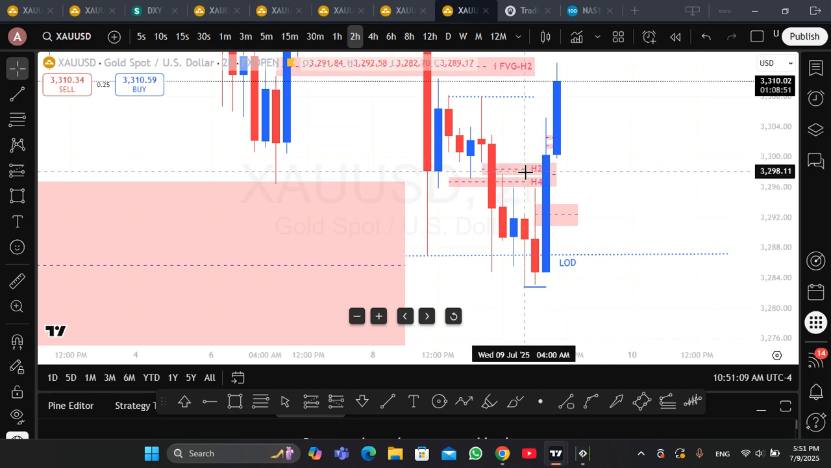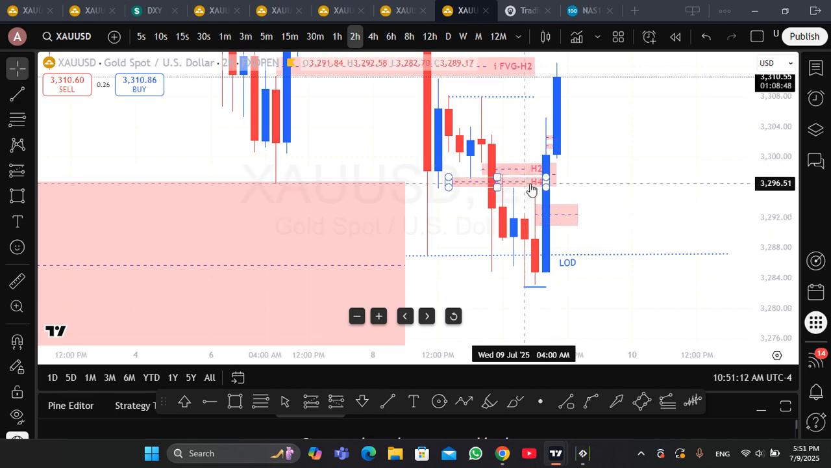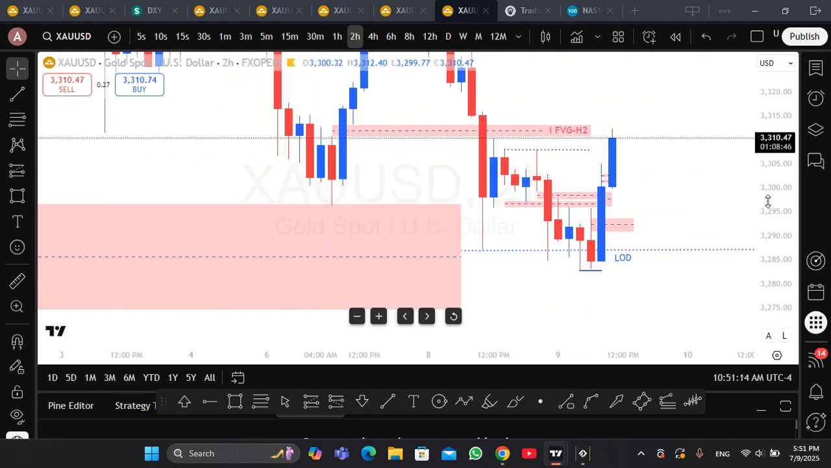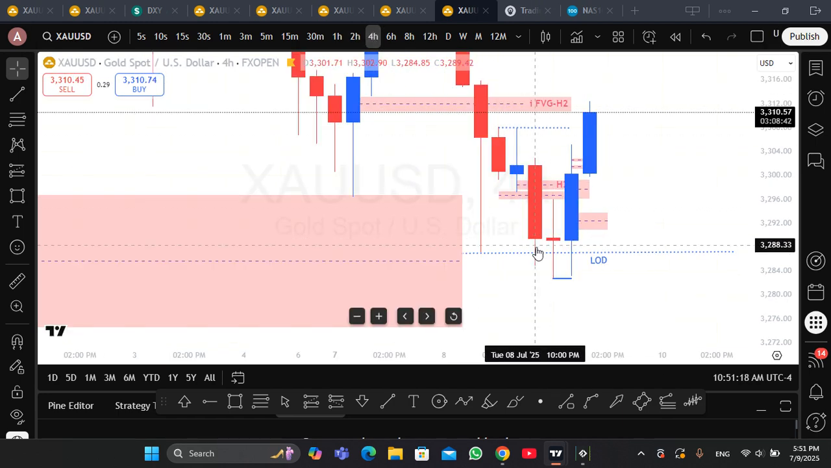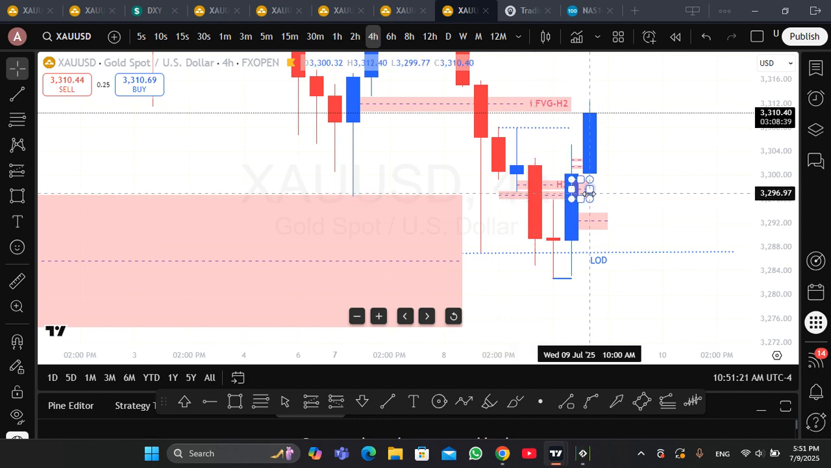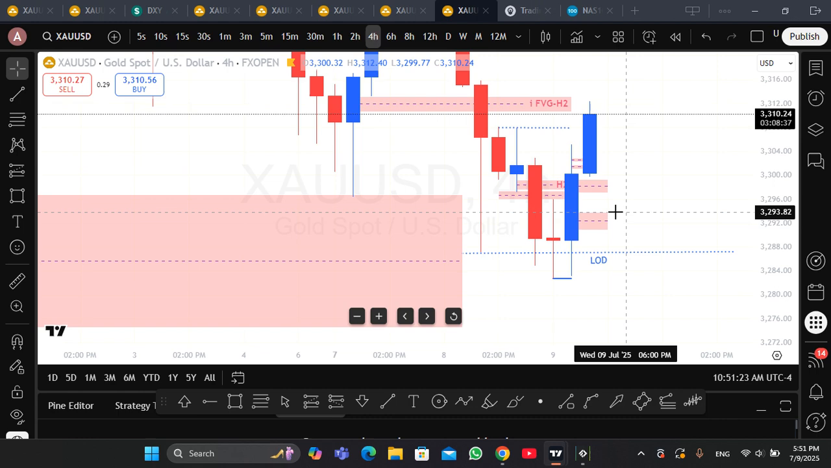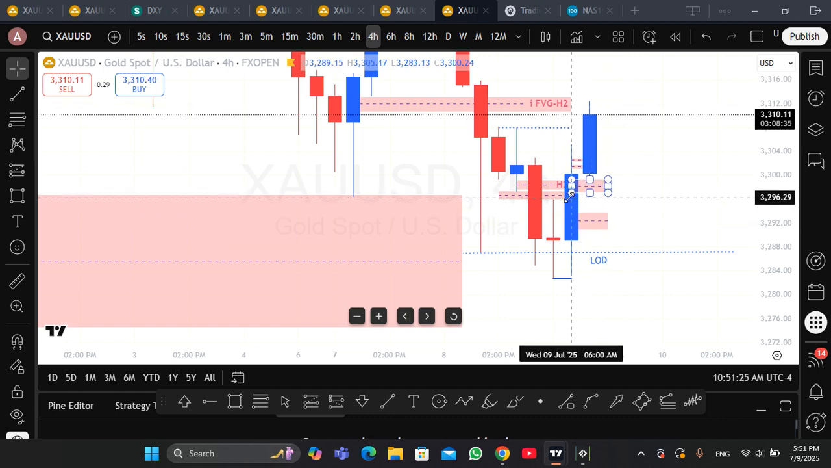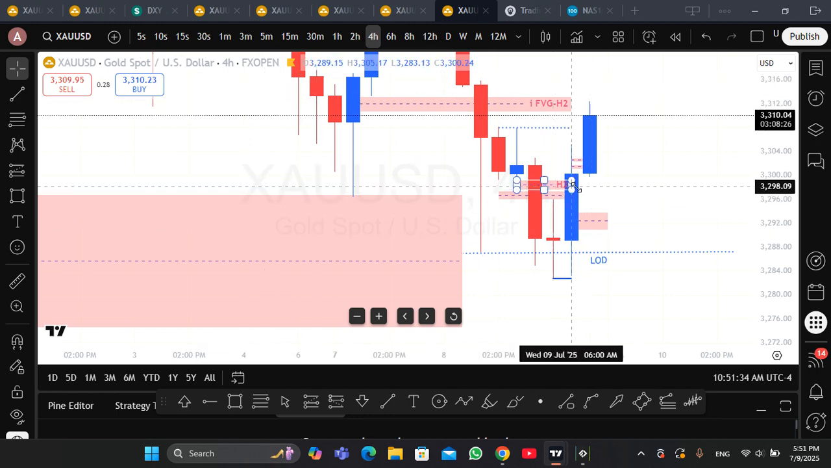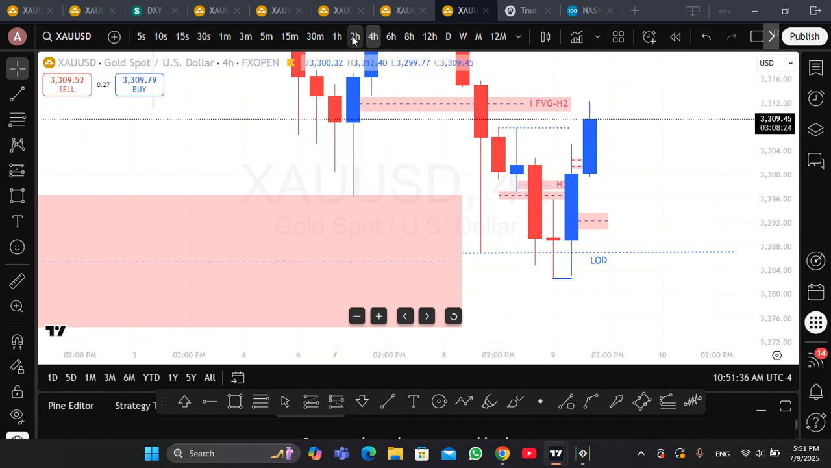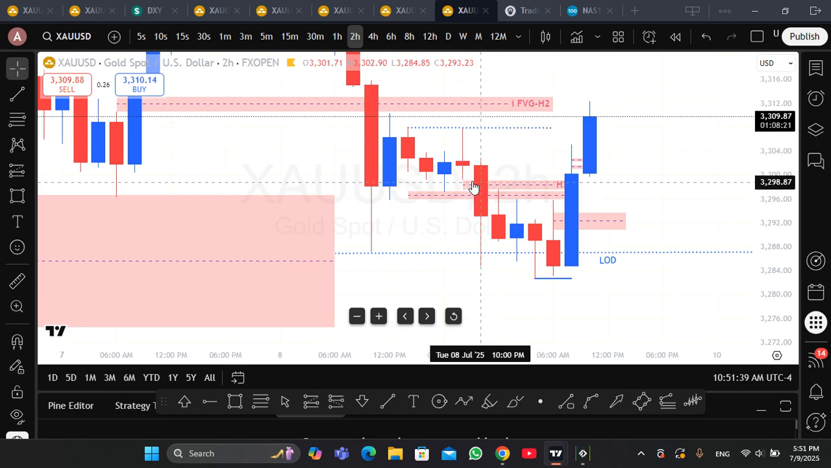There is an H2 and there is an H4 FVG here. This is an H4 FVG. Sorry, not this, this one is the H4 FVG. Sorry, I will delete this. This is an H4 FVG, and this is an H2 FVG. When the price arrived at these H4 and H2, this is also an H2 FVG. When the price arrived at this area,